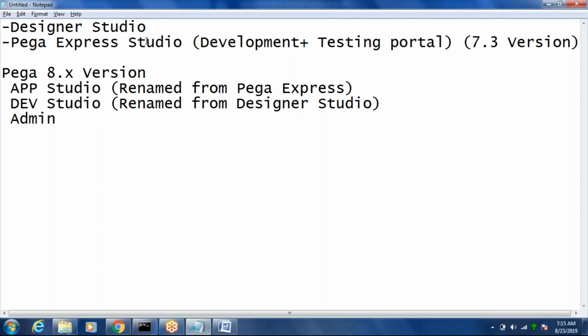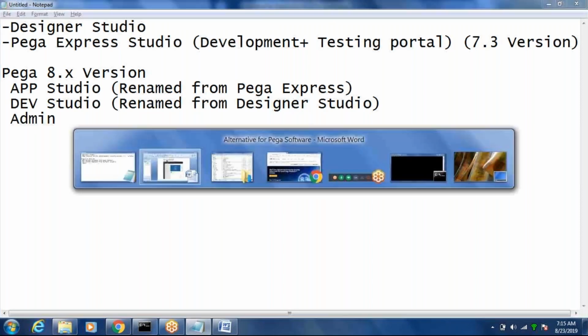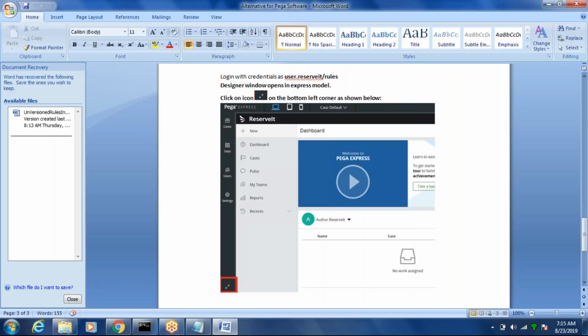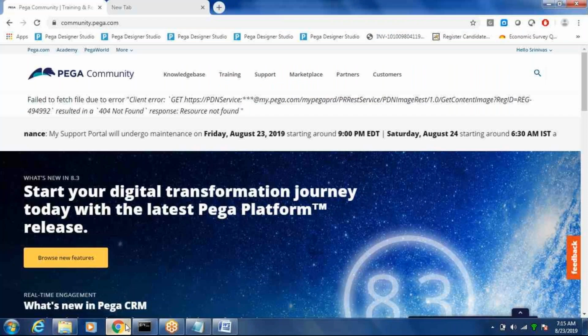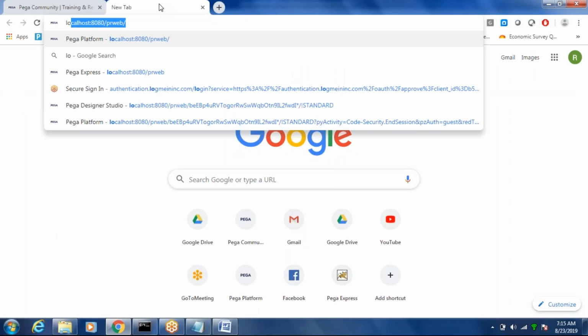All right. So the administration activities are given in a separate URL. So this is one of the key differences between these two. And here, if you go to the options of, let's log into the,